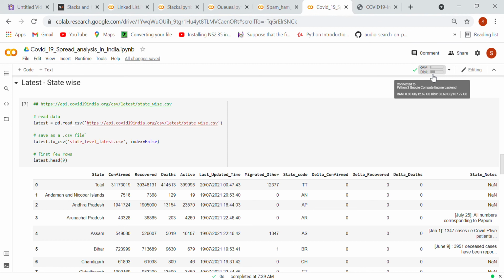That is the reason your code will not get slow. But when you run similar code on your own system, you have a limitation, right? Because how much RAM do you have on your system? Almost 4 GB or at most 8 GB, right? And your storage will be 250, 512 GB, or 1 TB. But here you can see almost 107 GB for this code only. No, I'm just talking about the code, not the complete system. Here this 107 GB is for this single code, right? So you can assume how big it is. And 12 GB RAM. We use 4 GB or 8 GB at most on our system. They are providing 12 GB. That is the reason it is faster.